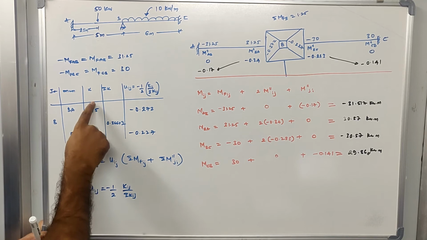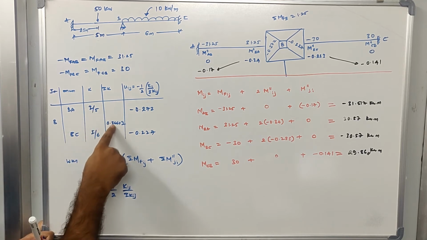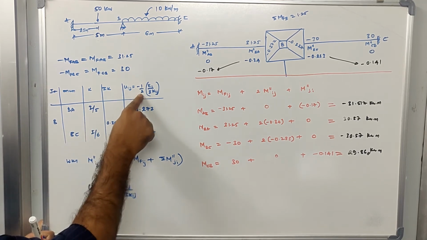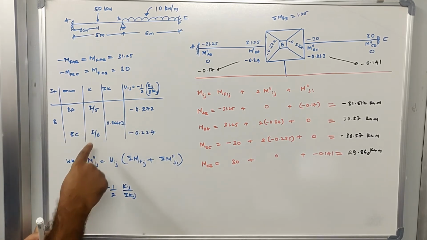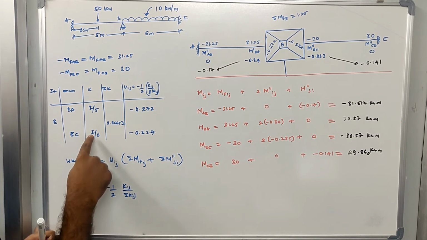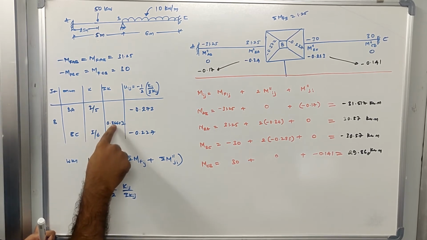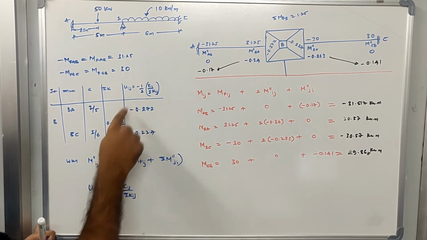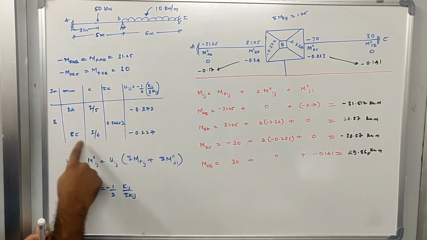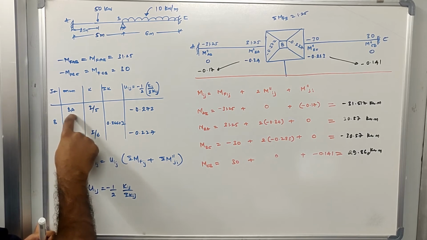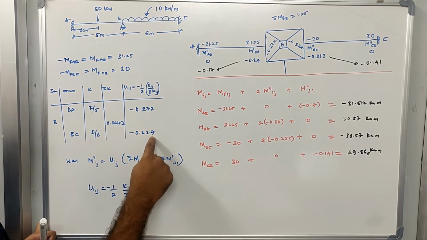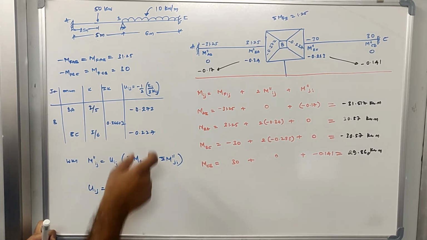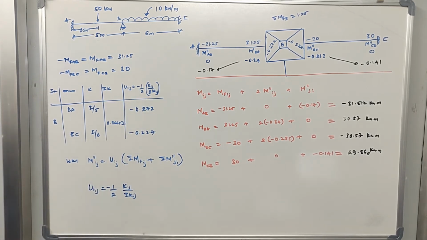So I by 5 divided by 0.3667 I multiplied by minus 1 by 2 will give you the rotation factor for BA. Similarly, you can calculate for BC by taking the ratio of I by 6 divided by 0.3667 I multiplied by minus 1 by 2, which gives the rotation factor for BC. You can see the rotation factor for BA is minus 0.272 and for BC is minus 0.227. Once you calculate these rotation factors, the next step is to conclude your end moments.